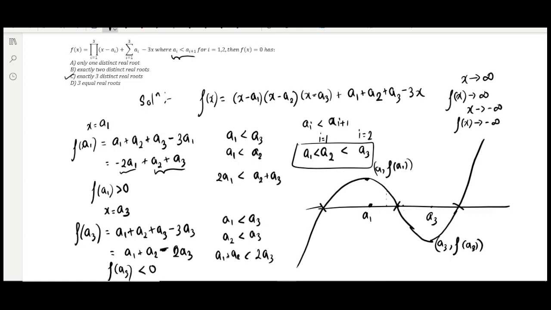This is a special type of question which can be done easily with the help of a graph, and it is advisable to approach this question in this manner to save time. It is a relevant question for the IIT JEE, as well as it may happen to occur in